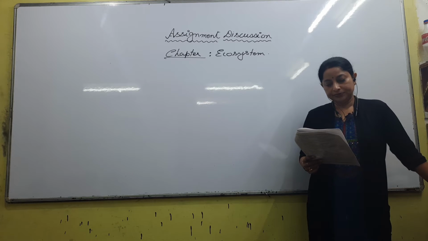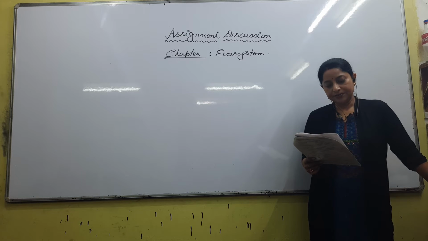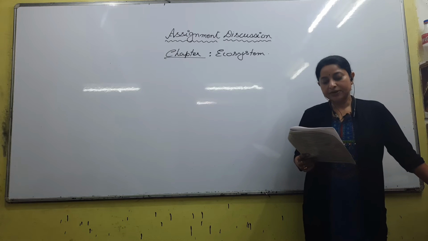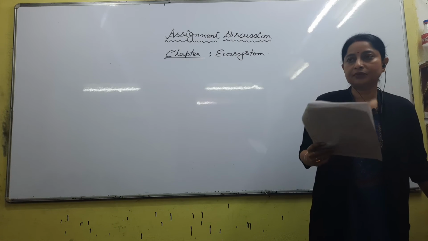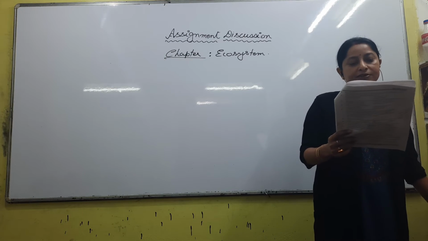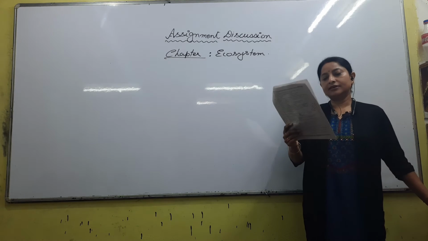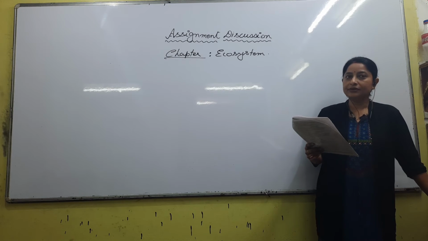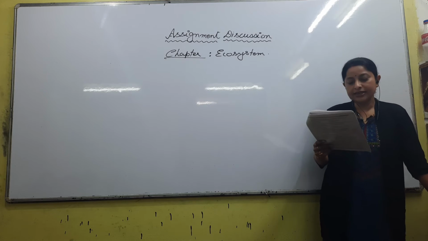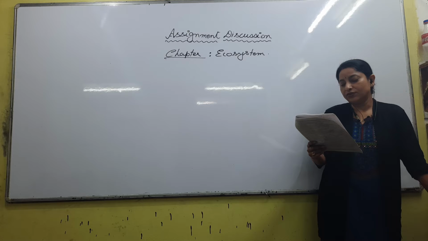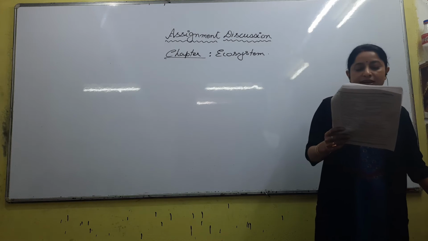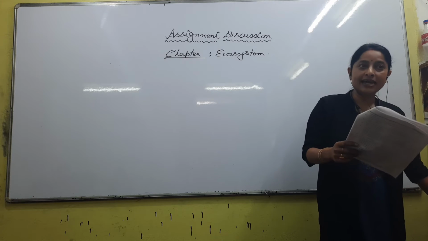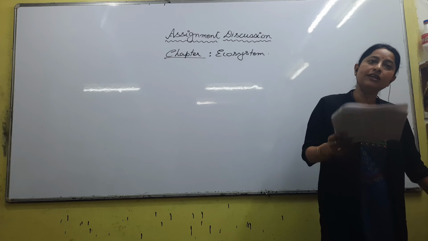Question number 84. All the above. 85, ecosystem. 86, pyramid of what? The accompanying figure represents the ecological pyramid. It is a pyramid of number. If it were number, the base would be very large, right? Then pyramid of biomass in a fallow land, no. Pyramid of biomass in a lake. So answer would be lake. Why in a lake? Because in a lake the number of small fish is always more as compared to the bigger fish.